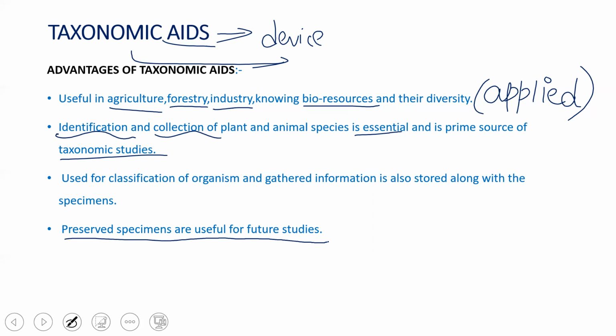So these are some of the advantages of taxonomic aids. Now let us look into them one by one. Biologists have discovered so many taxonomic aids. They have established certain procedures and techniques to store and preserve these specimens so that they can understand and analyze things even more in a better and systematic way. So coming to the first taxonomic aid,